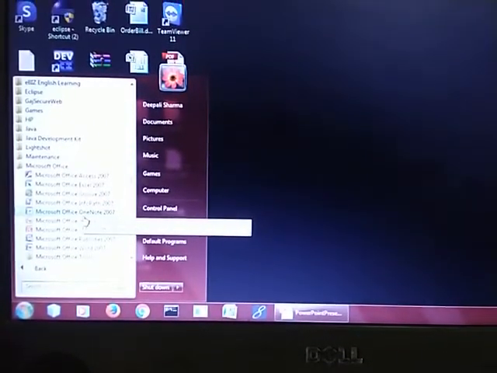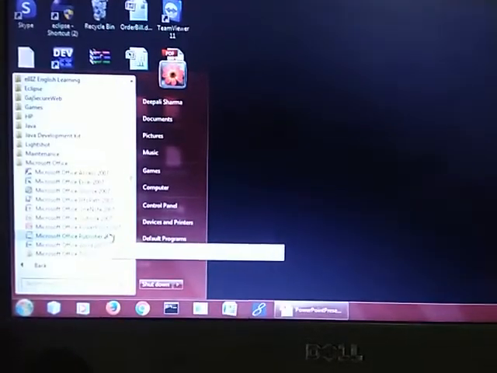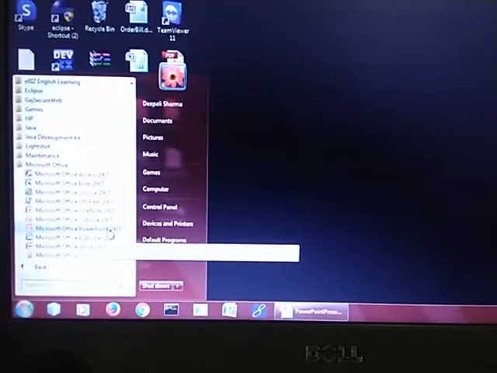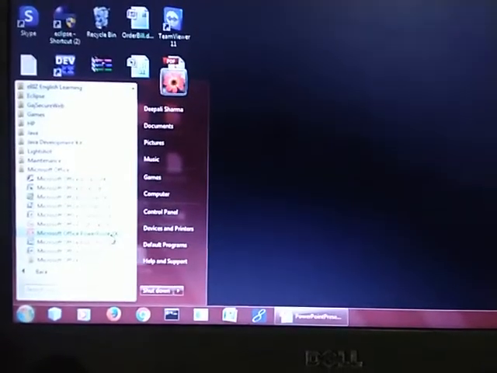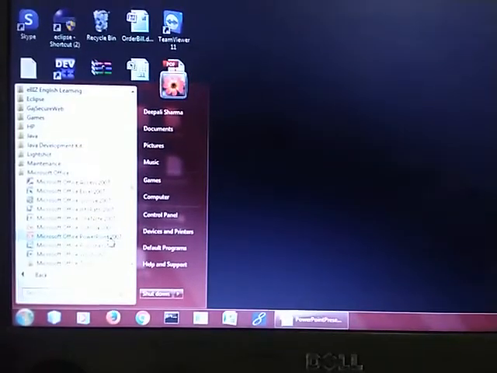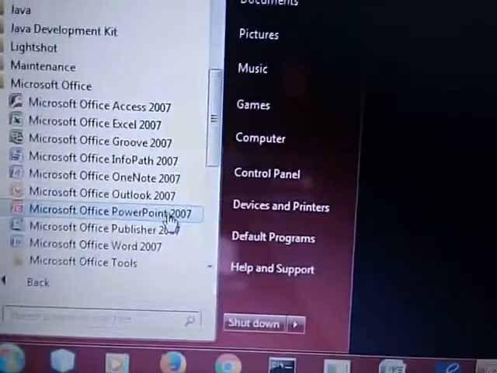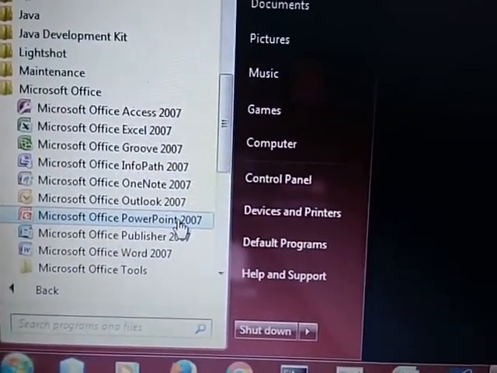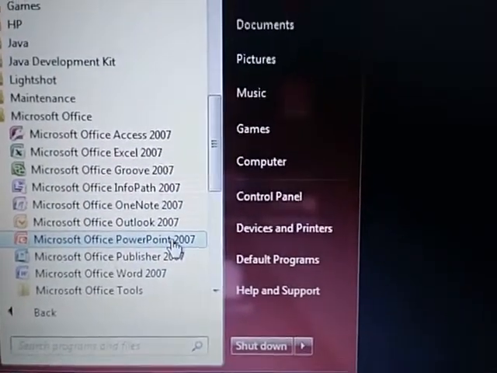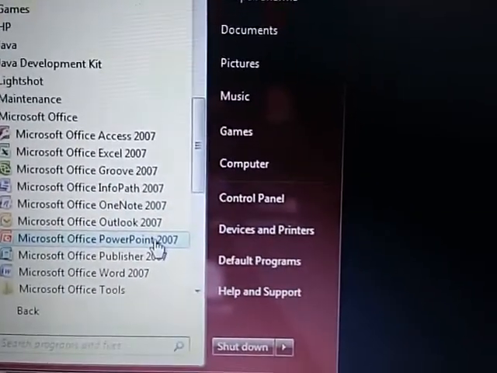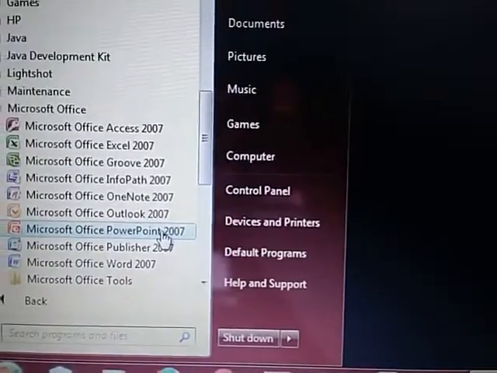You will find Microsoft Office PowerPoint, and whatever version is installed in your system, you have to click on that particular thing. Just see here, I have Microsoft Office PowerPoint 2007. I will click on this link.